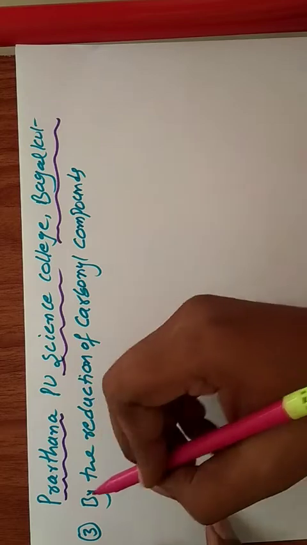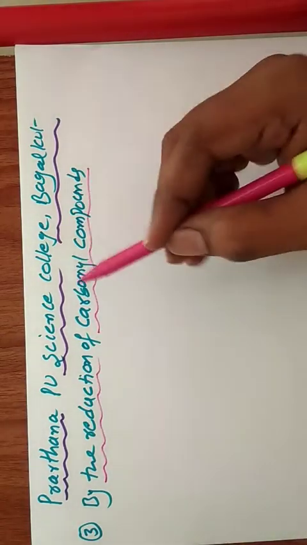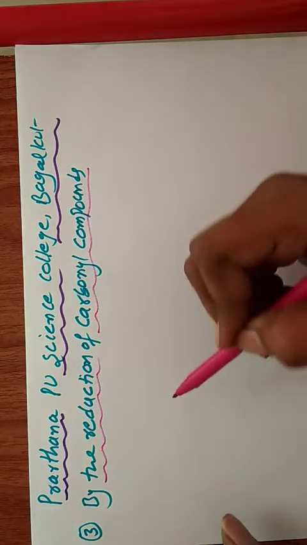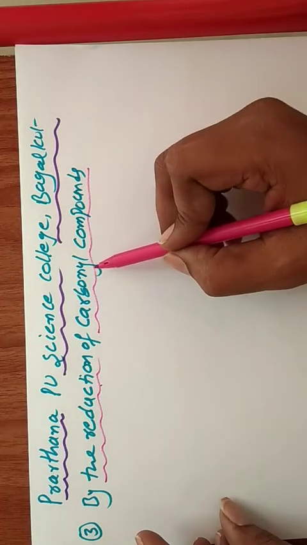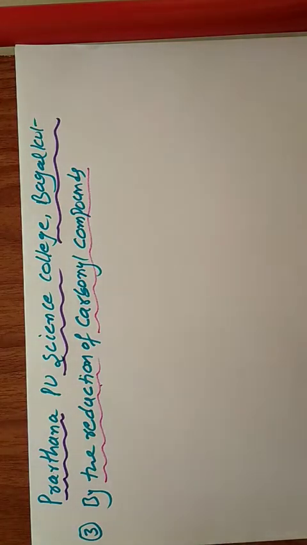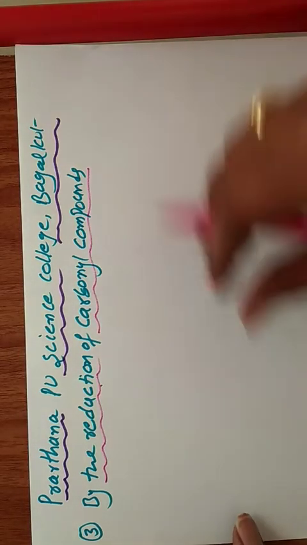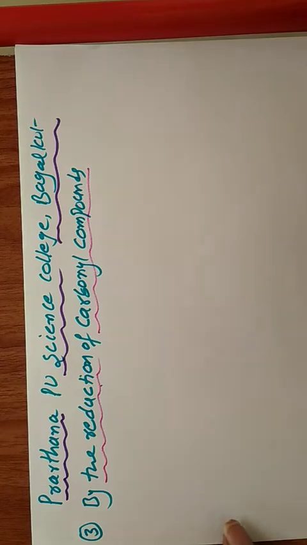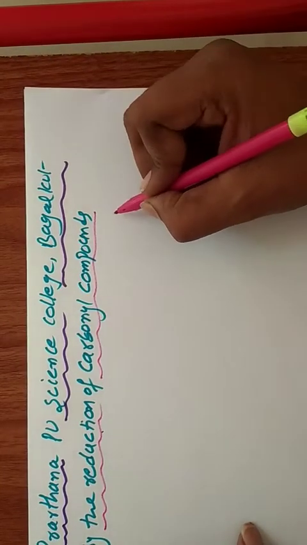That means by using carbonyl compounds, we can prepare alcohol. First we discuss the reduction. What is the meaning of reduction? What are carbonyl compounds? First, oxidation and reduction. Generally we learn this in lower classes and also in first PUC, so we know this one. First, oxidation.